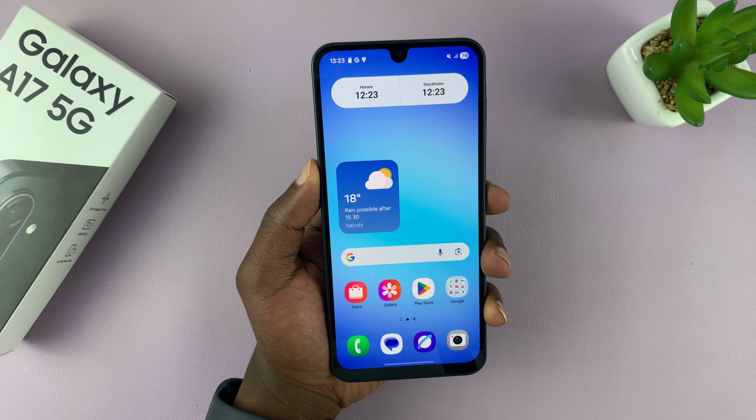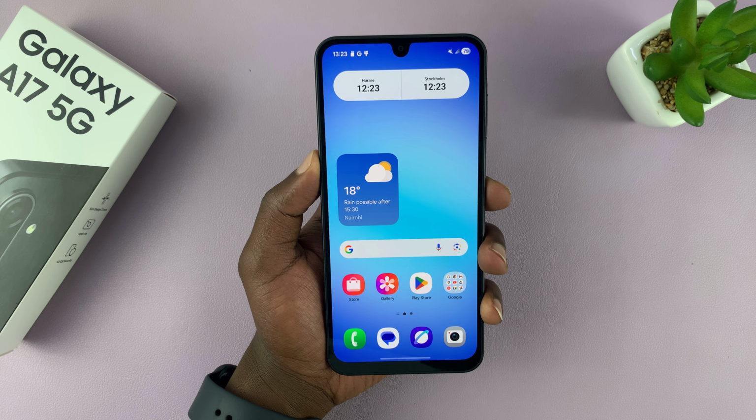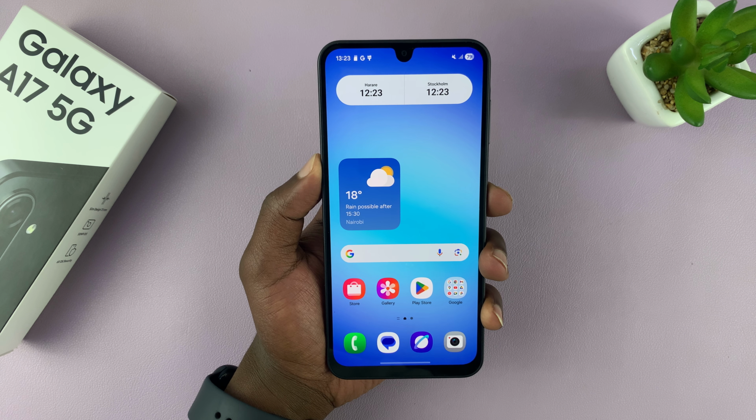So I'm going to show you how to change the default download location of your Galaxy A17 5G to the